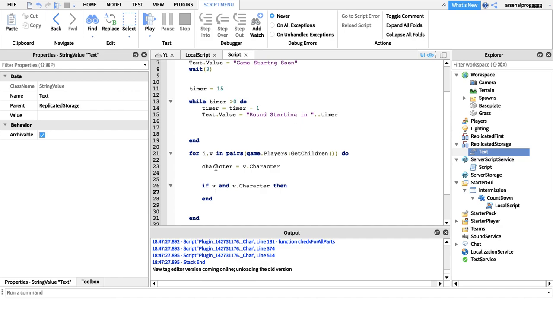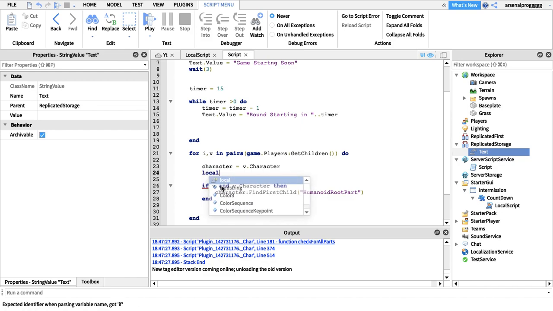So we'll say character find first child, and we're going to say this humanoid root part. And we're also going to say local spawn place actually,